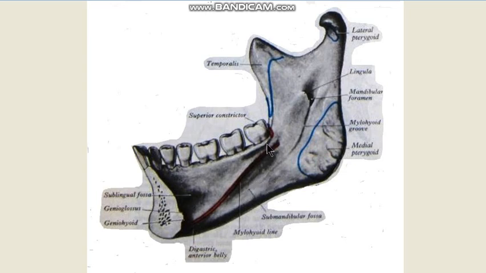And again, just behind the third molar tooth over here, you have the relation of the lingual nerve. So the lingual nerve is related somewhere here, and the alveolar margin just behind the third molar tooth may occasionally be swollen, bulged and enlarged, in which case it is known as the mandibular torus.